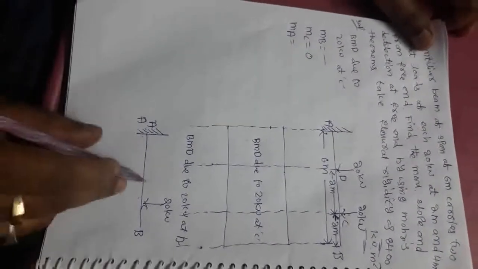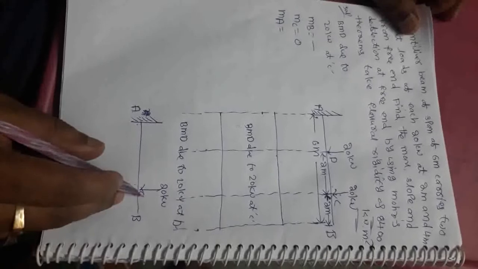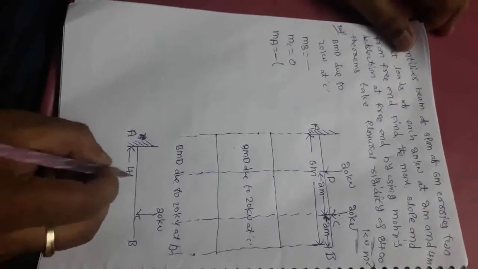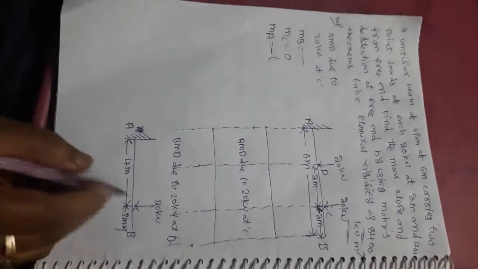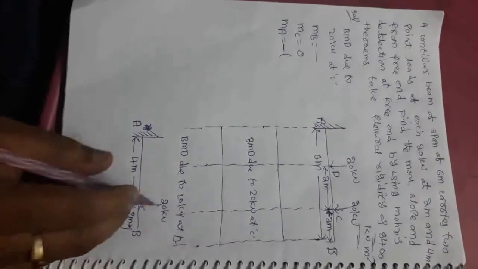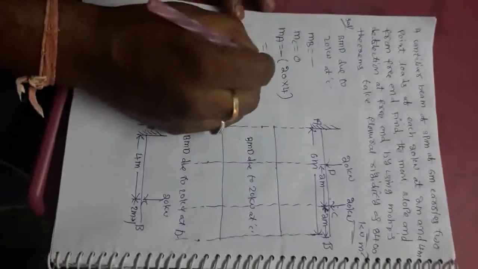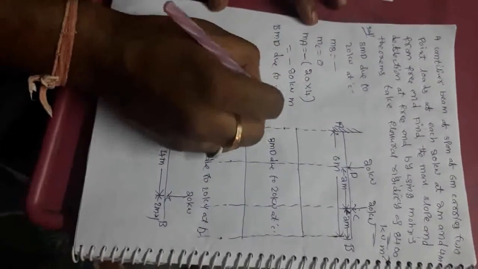So from C coming to A, there is one point load in the downward direction. So downward direction is minus. The point load moment formula is force into distance. This distance is 4 meters and this distance is 2 meters. So force into perpendicular distance, vertical and horizontal axes. So 20 into 4, so minus 80 kilonewton into meter. And the next diagram is BMD due to 20 kilonewtons at D.